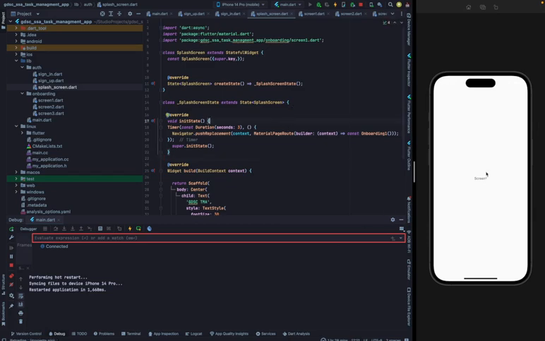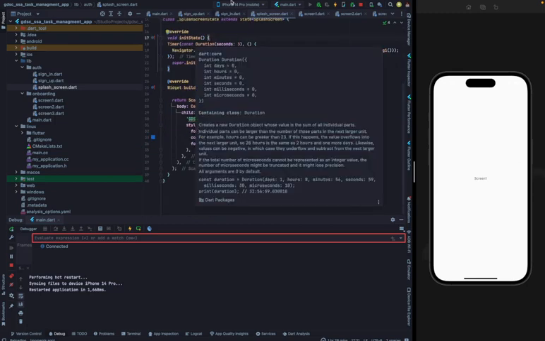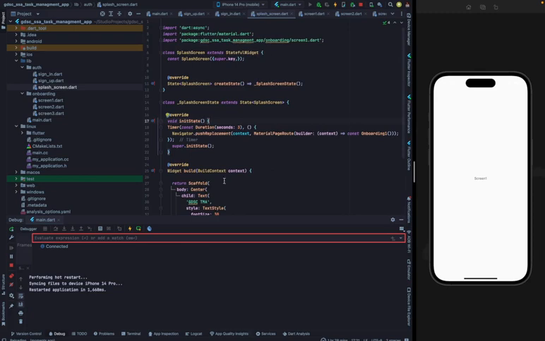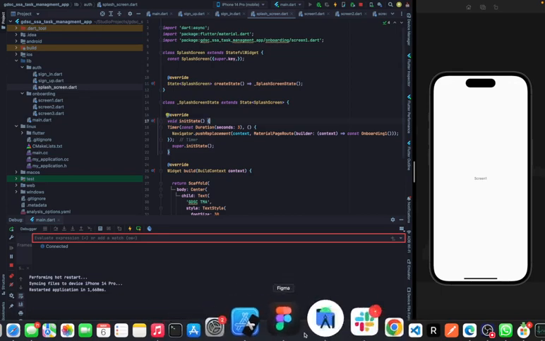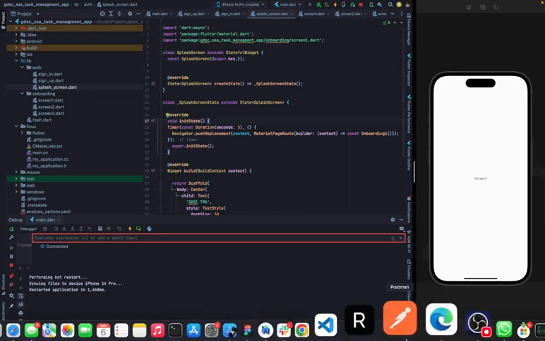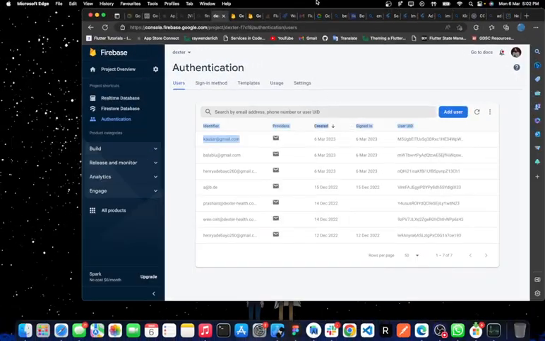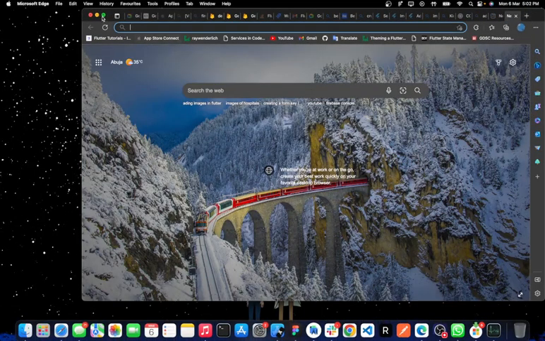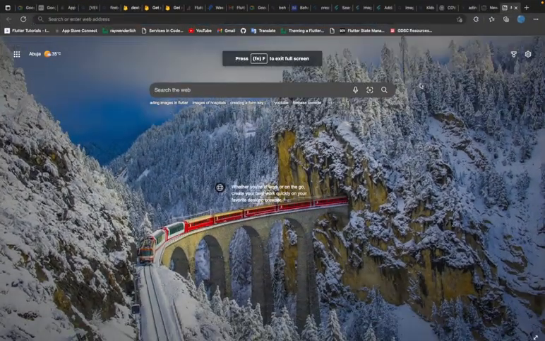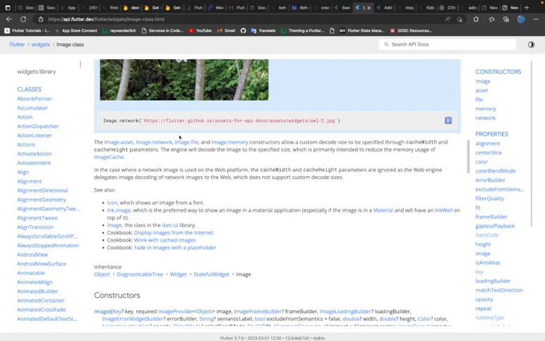So let's now design our splash screen. This is going to be a hospital management app. So here we'll be working with images. Before I go forward, I'll have to show us places we can read more about all of these widgets and understand them better to know how to use them. If you want to use a widget and you don't know what it does, or you're confused about what it does and every other method you can access in that widget, just go to